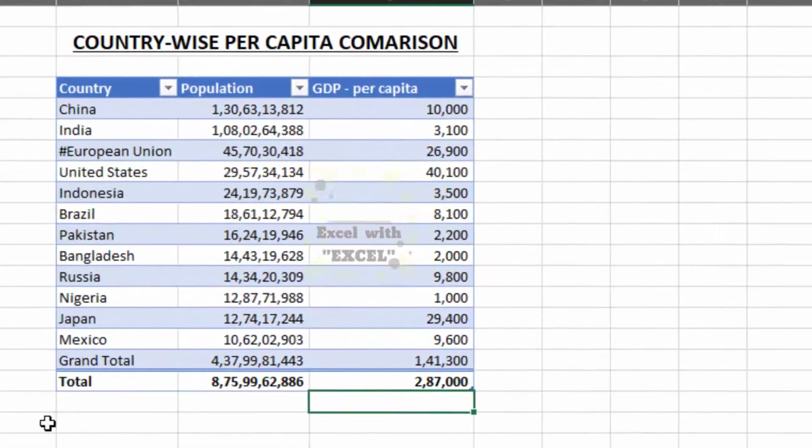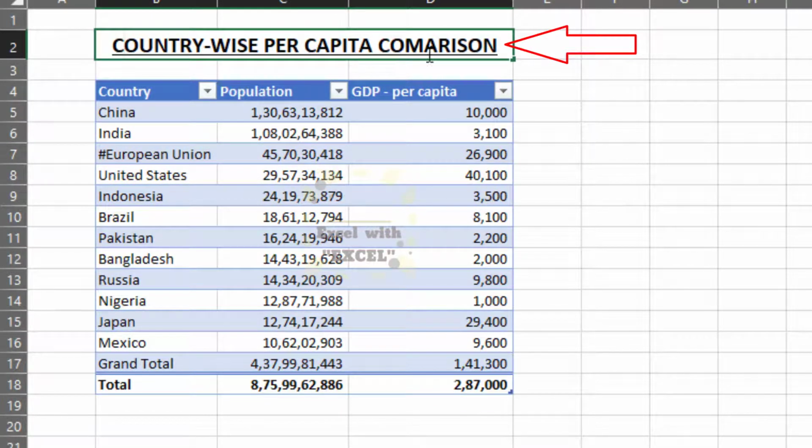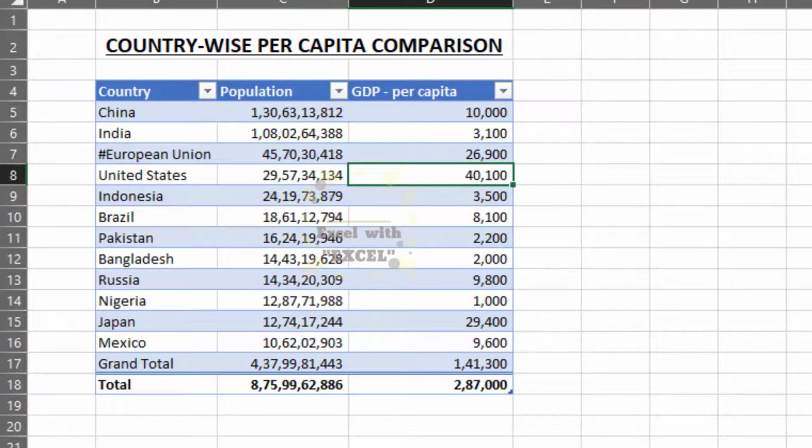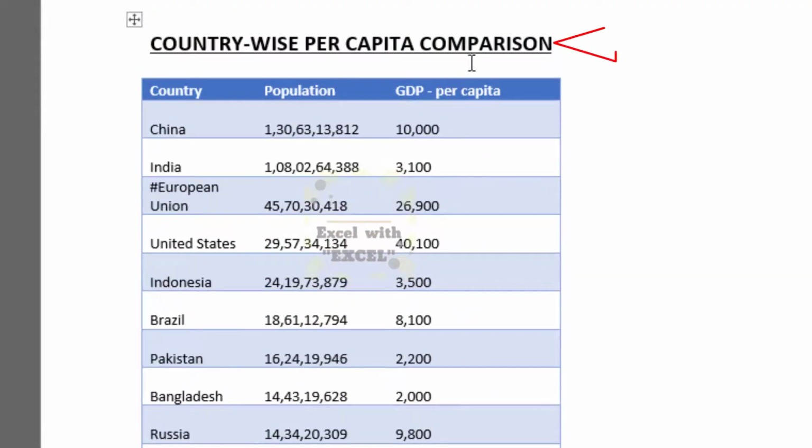Also many times what happens, we find some spelling mistakes like this. So I change my spelling here, and no need to go and keep on changing the spellings in my Word file as well. This has automatically resorted to the correct spelling as I made the changes in the original source data or original file. So this is a very basic yet very useful feature of Excel that you can use in your day-to-day working life.